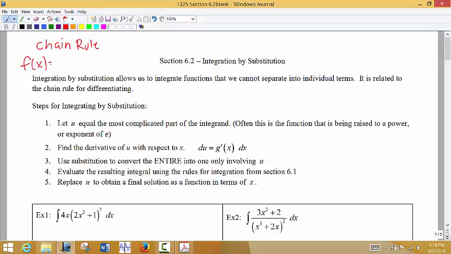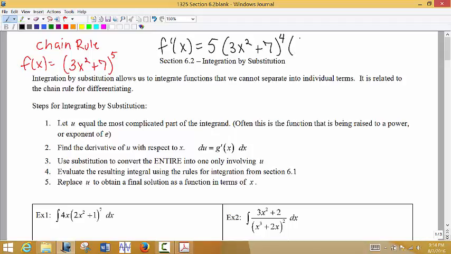So let's say that the original function that we had was 3x squared plus 7, raised to the power of 5. Remember, if I wanted to take the derivative of this, I would have used the chain rule. So we would have said 5 times (3x squared plus 7) to the 4th: we write the inside function as is, reduce the power by 1, then we always multiply by the derivative of the inside. So what we want to think about is how would I go backwards if I gave you the derivative here and asked you to go back to the original